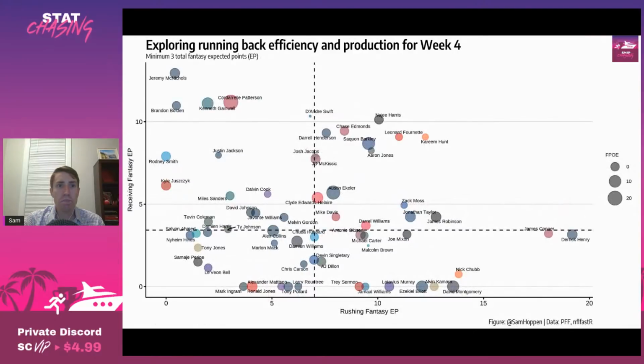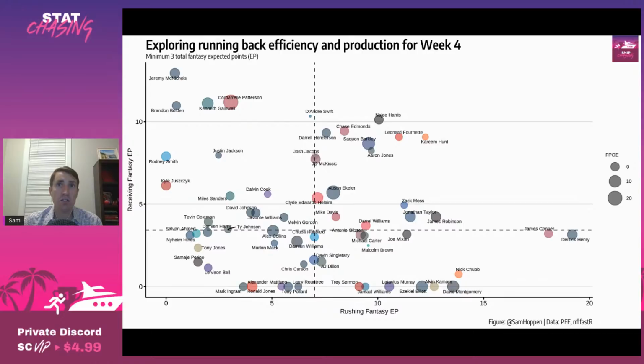For this last backfield, going to switch to the week 4 chart and talk about the 49ers running backs because we now have 2 straight games with Trey Sermon being treated as the feature back with Elijah Mitchell missing the last 2 games. And one of the big concerns for me with Sermon following the week 3 game was that